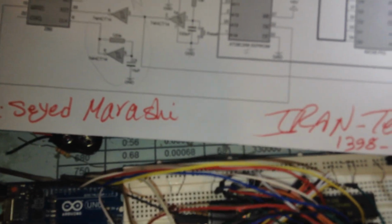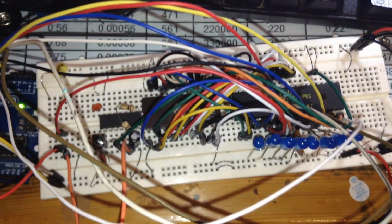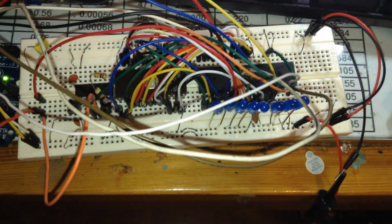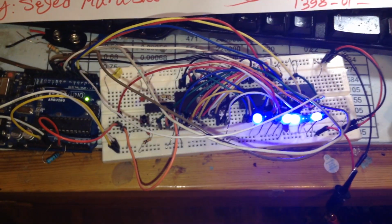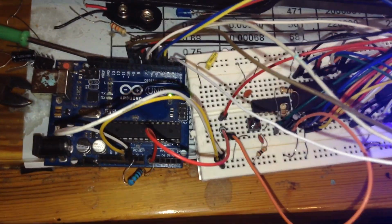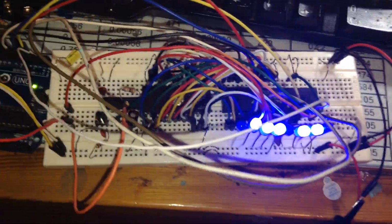So I will connect the power to this project to check exactly the project output. This is the boot up. As you can see, when the EEPROM is booting up, it blinks 4 times and then goes to read the EEPROM. As you can see, the Arduino will log the output of the project, and we will connect the project to the